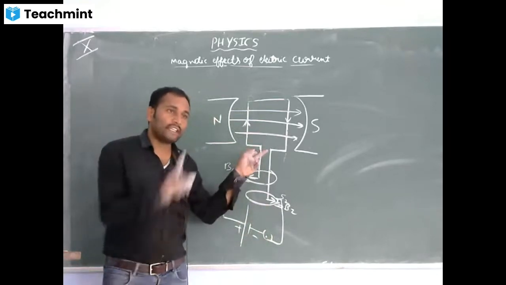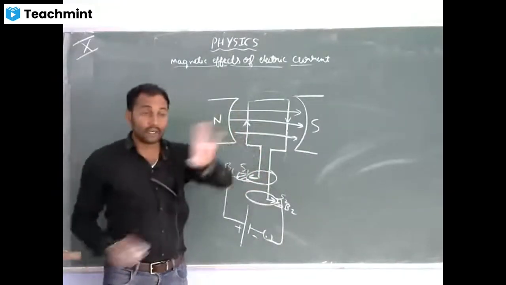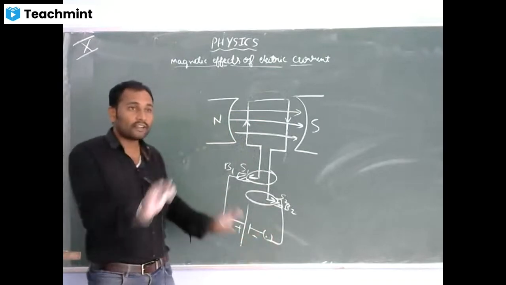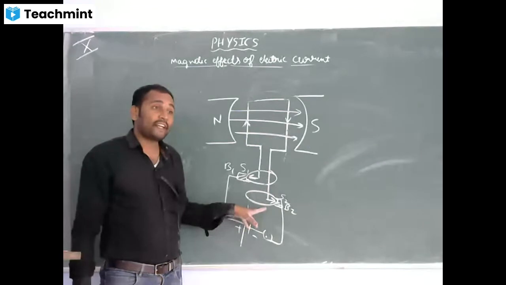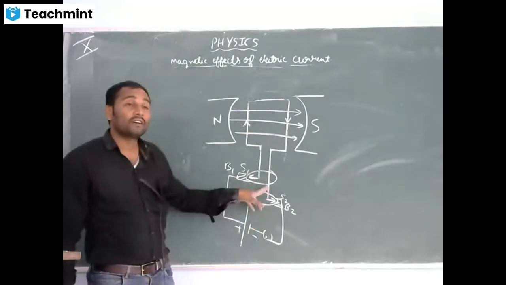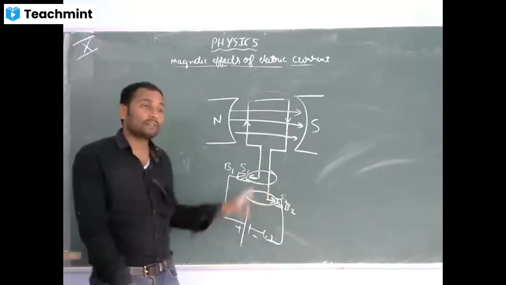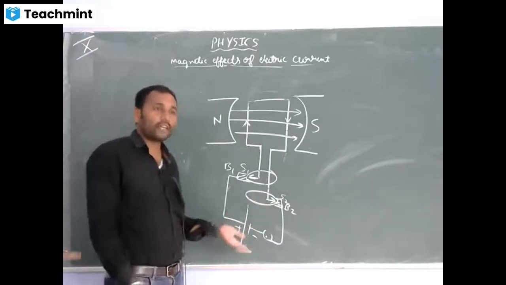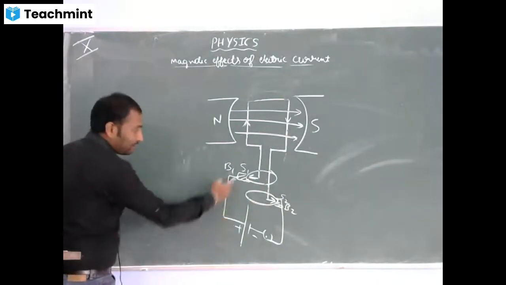The DC motor started rotating only in one direction, whereas the AC motor rotates in both directions, first this side, second this side, but without changing the current. We will not touch the current. We will change only the split rings. Instead of using split rings, we are using slip rings. Split rings reverse the direction of electric current, whereas slip rings, we don't know what they will do. Let us see what they will do. So now current is flowing from B1.